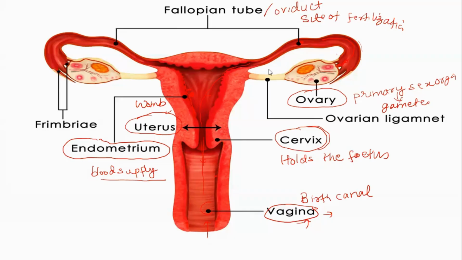And if they do not meet, the unfertilized ovum just comes into the uterus and is shed with the endometrium lining. The endometrium lining as well as the unfertilized ovum is released through the vagina, which is called the menstrual cycle. In the next slides, we will be doing important concepts like